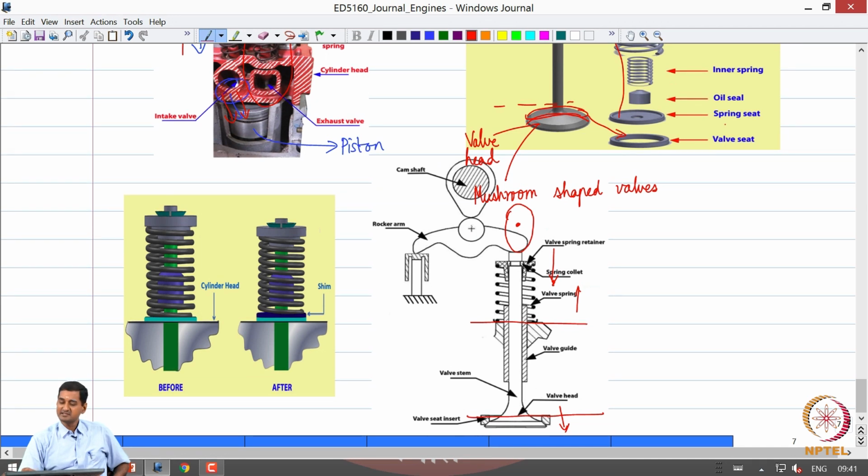In some cases, a rocker arm is used, particularly when you have multiple valves, right, you can have more than one inlet valve and one outlet valve per cylinder. Then you can also use a rocker arm, wherein this is what is called a rocker arm. The cam does not directly act on the valve stem, but it acts on the rocker arm which is pivoted here, and then it pushes it. So, this end of the rocker arm applies a force on the valve stem and the same action happens. Okay. So, this is how the valve assembly works.